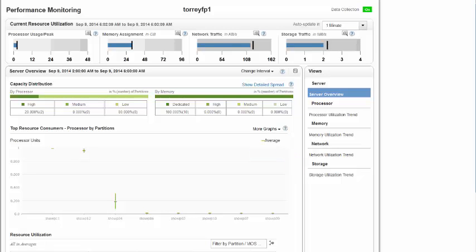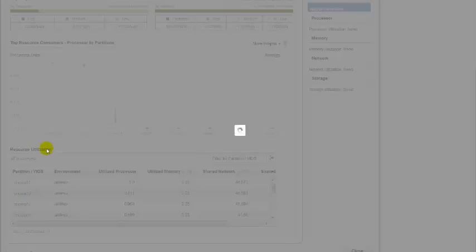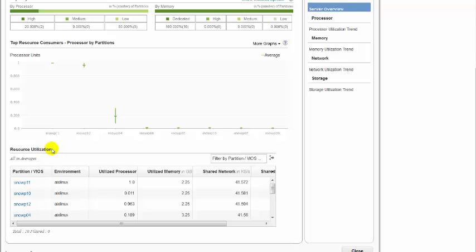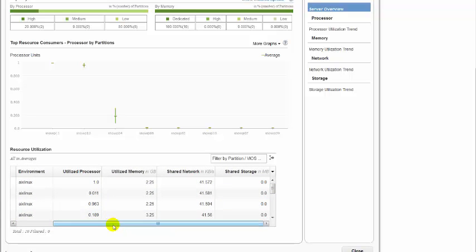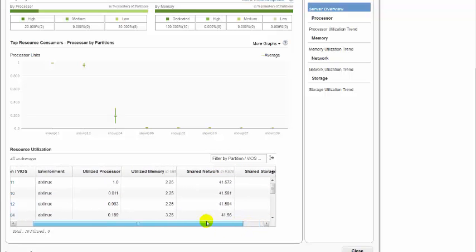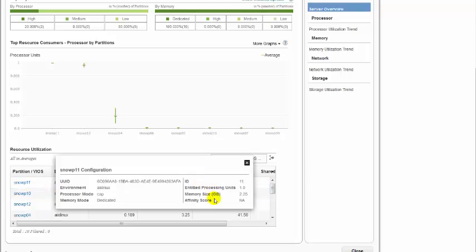Then next is the resource utilization table. In the resource utilization table, it gives general information of overall utilization of each resource, shared network, shared storage. It's about shared network and storage, not the dedicated. One can click on the LPAR link and can see more information about this LPAR.